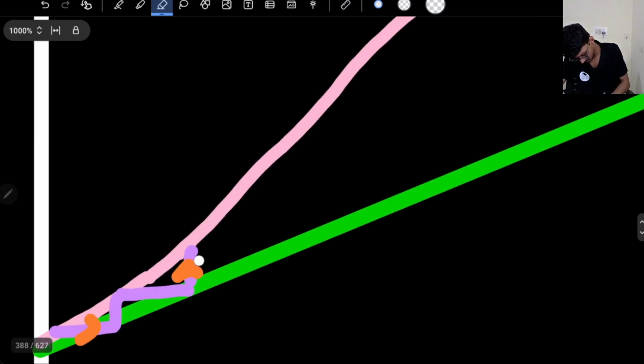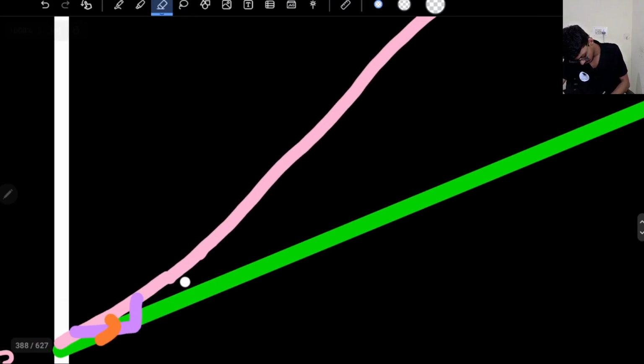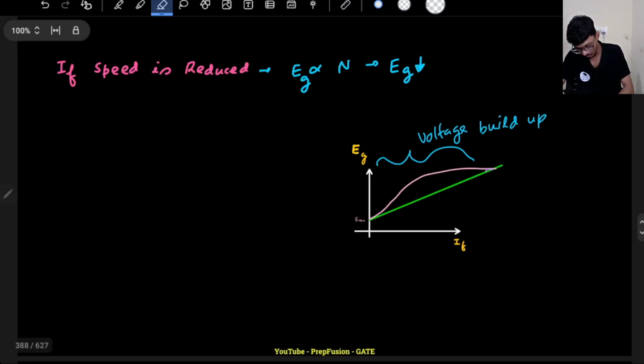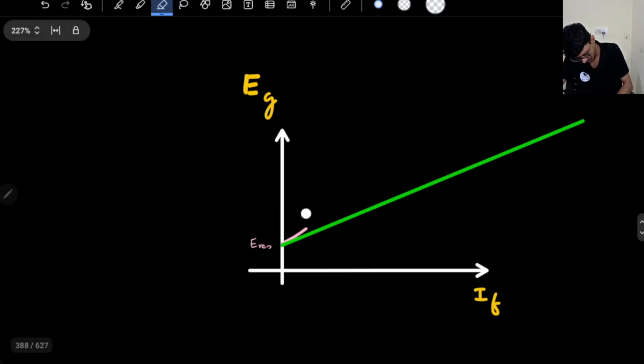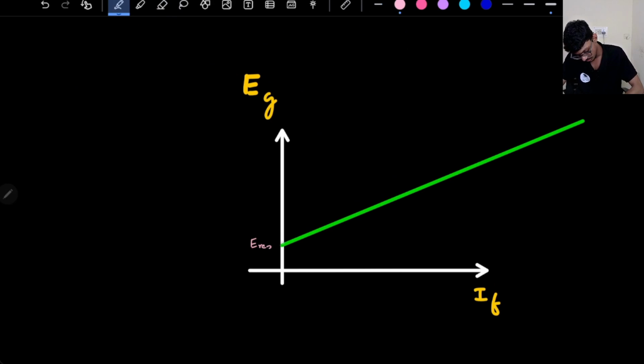Again, deleting this will be a very mundane task for me. Okay, so if I keep on reducing, let me just draw a single line only. This will be easier actually. Can I draw a single line? I don't know. Okay, so